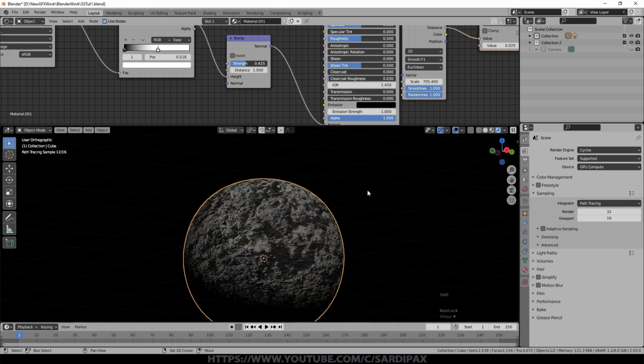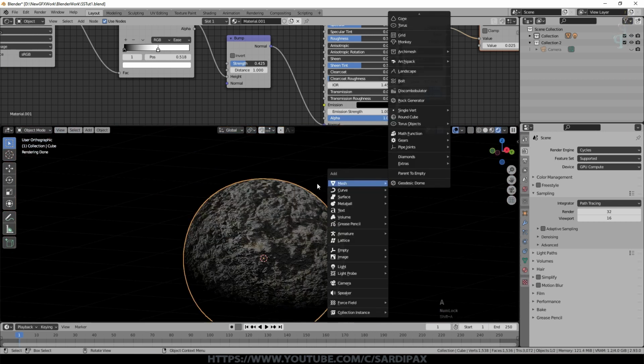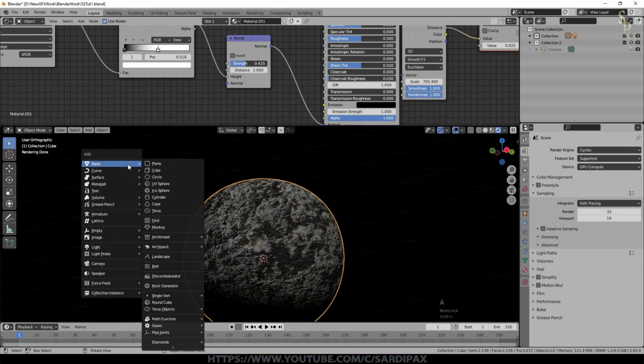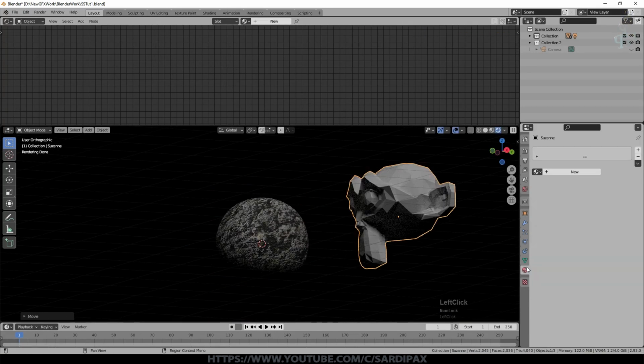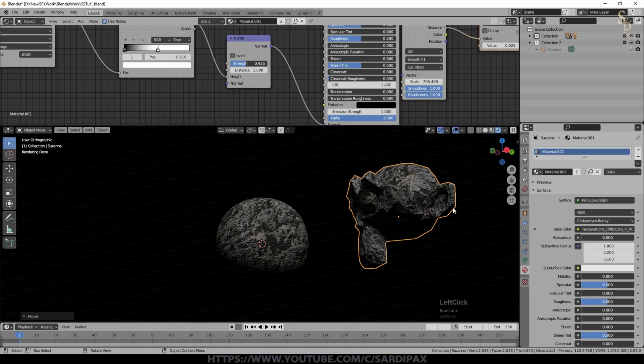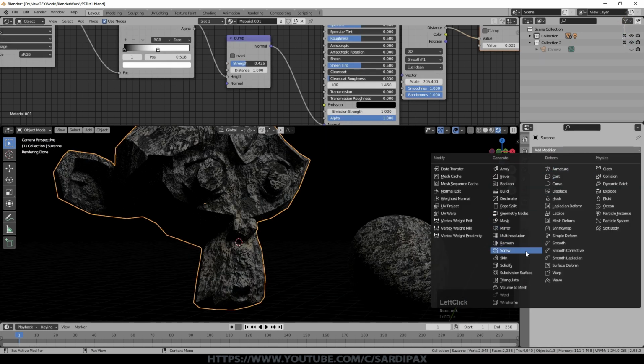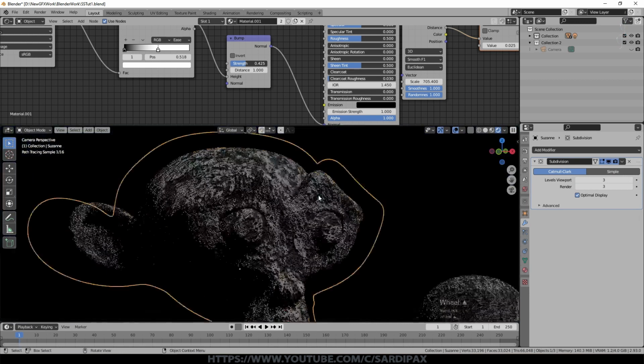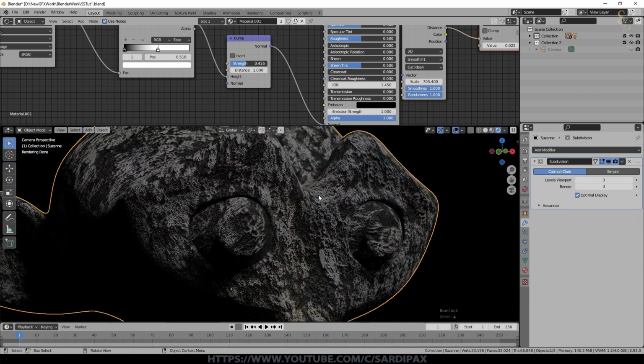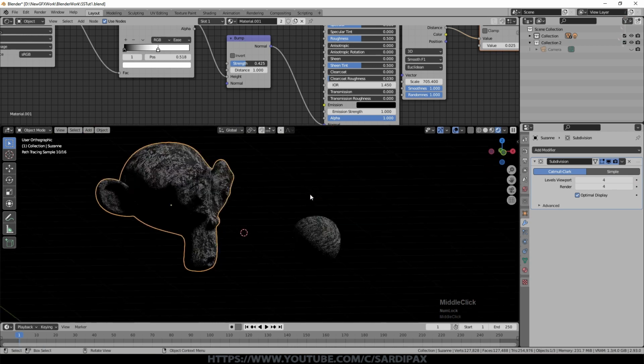So just to show what people always do when they're showing the subdivision surface, I'm going to add under mesh a Suzanne head, put her there. We'll give her the same material, and then we'll just add the subdivision surface. And of course, what we actually appear to get is more detail. We have more vertices, but it's implied detail, it's calculated detail, procedurally generated. It isn't detail that's in the original file.